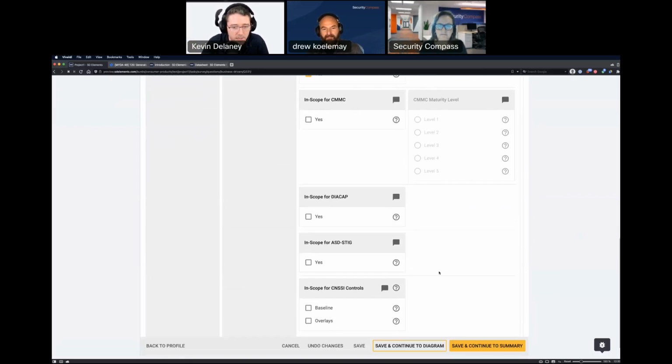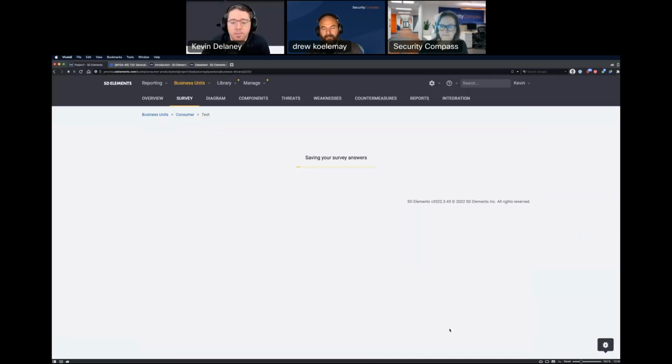And again, it doesn't take too long to go through. It's really customizable. So if there are things that your company isn't using, it's very easy to take these questions out and really make it your own. But now what we'd like to do is describe it in the form of a diagram. So if we wanted to make a threat modeling diagram that represents this system that we're building,